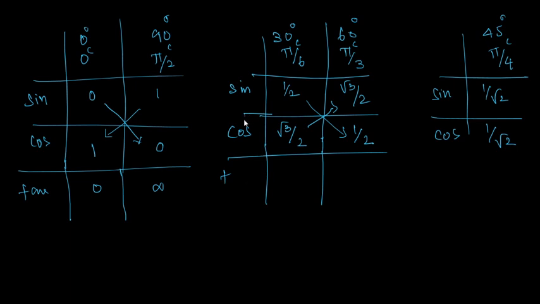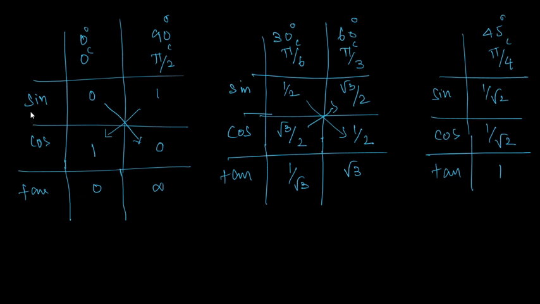Is it not? So sine and tan. Okay, so sine by cos, 1 by 2 divided by root 3 by 2. So 2 by root 3 reciprocated, 2 cancelled. So you are able to get 1 by root 3. What about this? Root 3 by 2, 2 cancelled. So it is root 3. Okay. And what about this? 1 by root 2 divided by 1 by root 2, which is nothing but 1. So tan pi by 4 is 1. So in this way you can easily arrive at it.